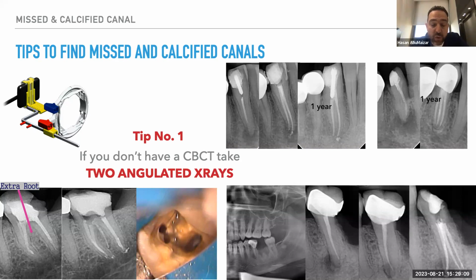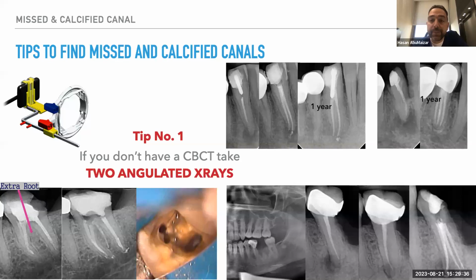there is a panoramic view. And please, dearest students and my colleagues, please don't ever rely on a panoramic X-ray for root canal treatment. We only take periapical X-rays at least, if not a cone beam one, for root canal treatments. So we take a periapical, angled periapical, to make sure about the configuration of the roots,